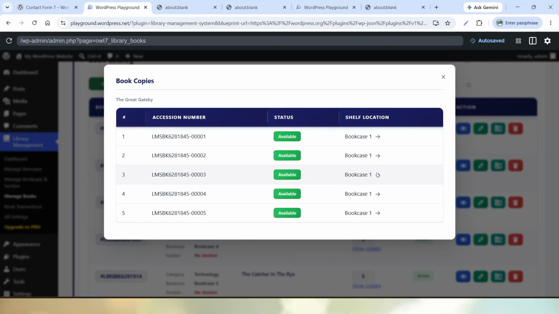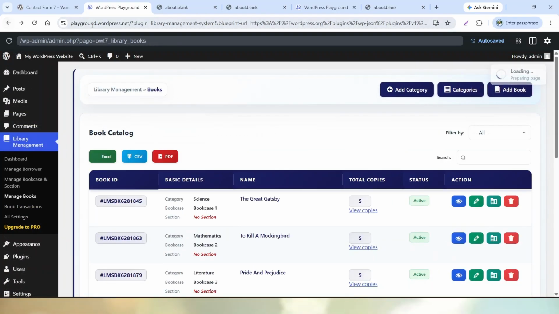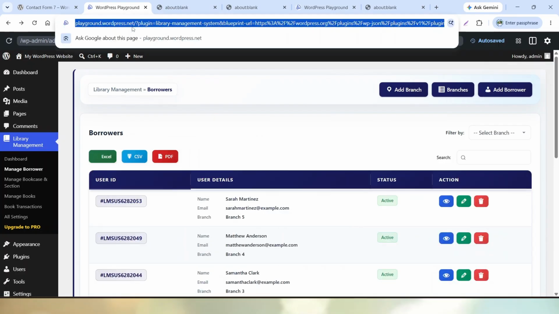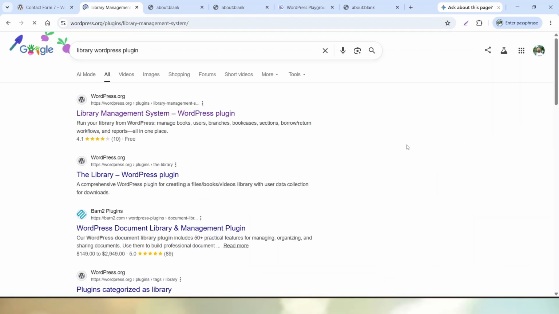So successfully, this is all about the features of this live preview button, which is enabled at the Library Management System and Inspire Pulse Codes plugins. But this is not plugin specific. You can easily add this button to your custom plugin as well. So first, if I go back, now let's search library management WordPress plugin. If I click on this link,